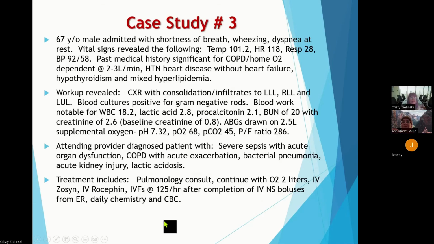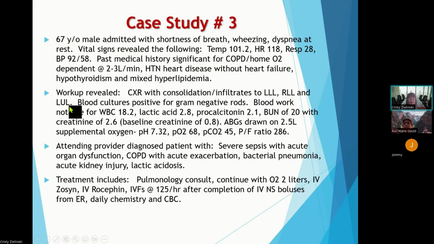Okay, so case number 3: a 67-year-old male admitted with shortness of breath, wheezing, and dyspnea at rest. Vital signs revealed a temp of 101.2, heart rate of 118, respiration of 28, BP of 92/58. Past medical history is significant for COPD, home O2 dependent at 2 to 3 liters, hypertensive heart disease without heart failure, hypothyroidism and mixed hyperlipidemia. The workup revealed chest X-ray with consolidation infiltrates to the left lower lobe, right lower lobe,